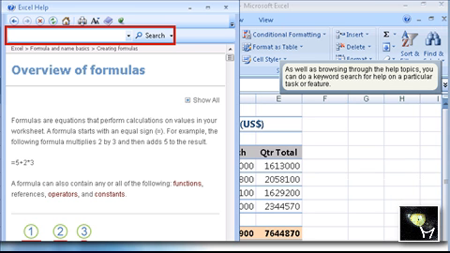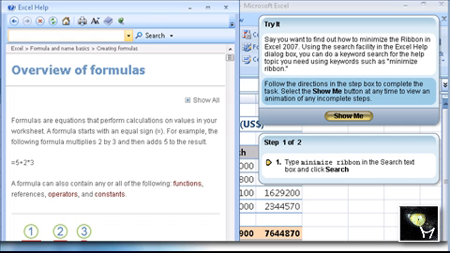as well as browsing through the help topics. Say you want to find out how to minimize the ribbon in Excel 2007. Using the search facility in the Excel Help dialog box, you can do a keyword search